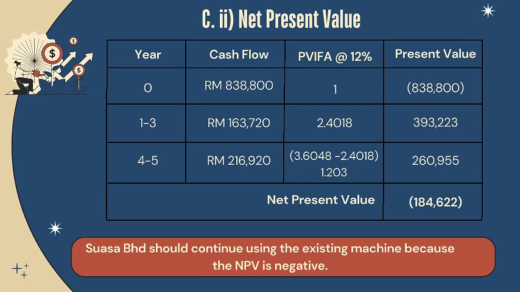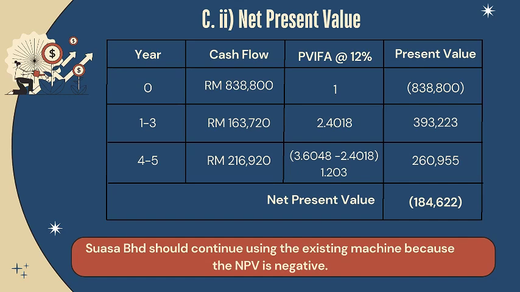RM393,223. For year 4 to year 5, the cash inflow is RM260,920, and the present value factor is 1.203, which brings up a present value of 260,955 ringgit. When we sum all these present values, the resulting net present value is negative